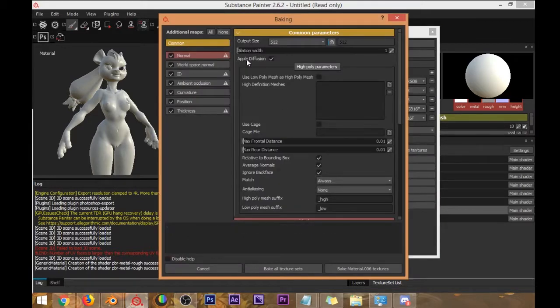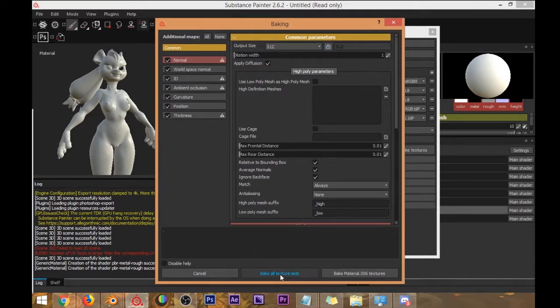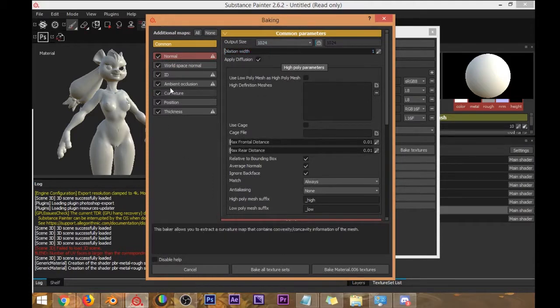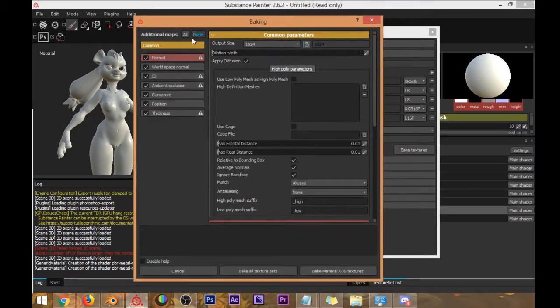And bake textures, this menu appears here, and I will put bake all texture sets. That means they take all the materials that I have and create an individual texture for each one. Yeah, and okay, the output size, I will try to make it bigger in this case to have more information, but anyway, this can change at any time. I will put 1024 anyway, and these are the different texture sets